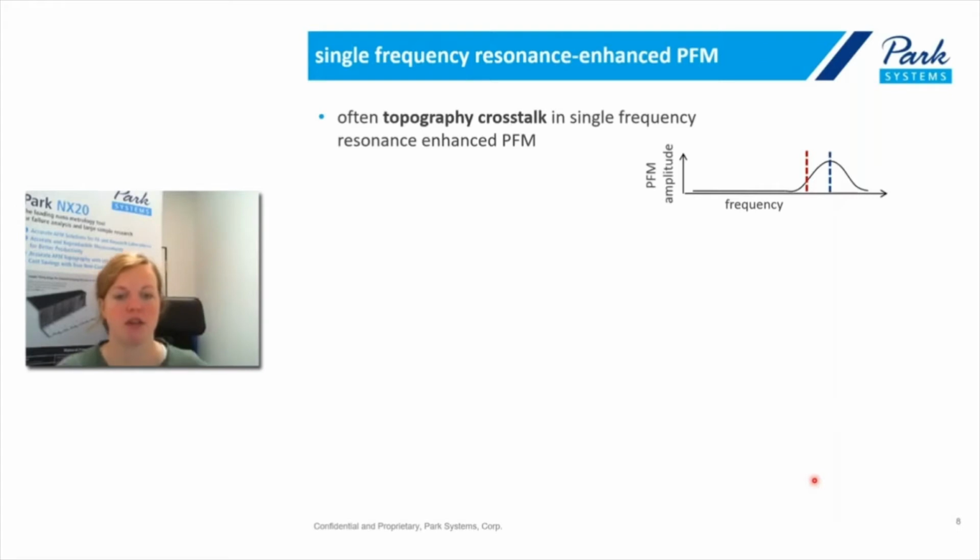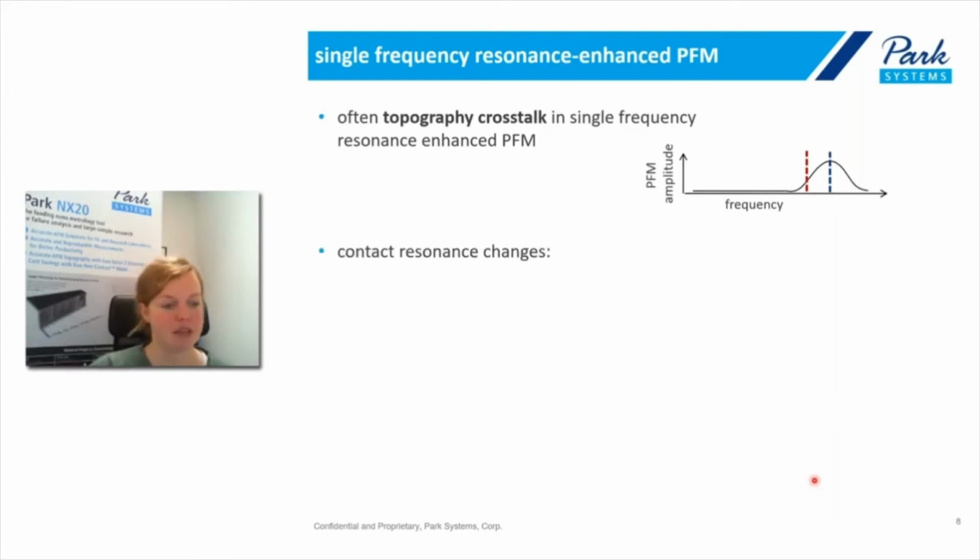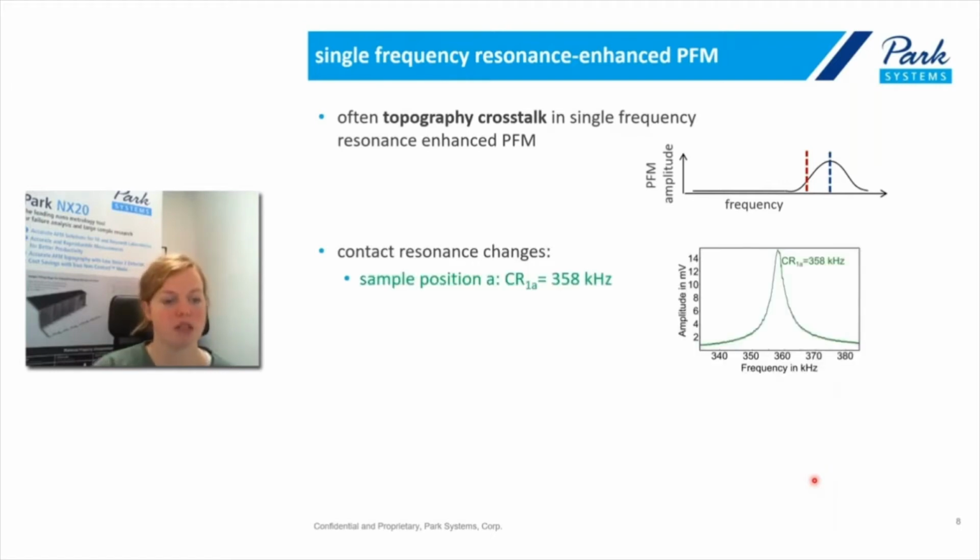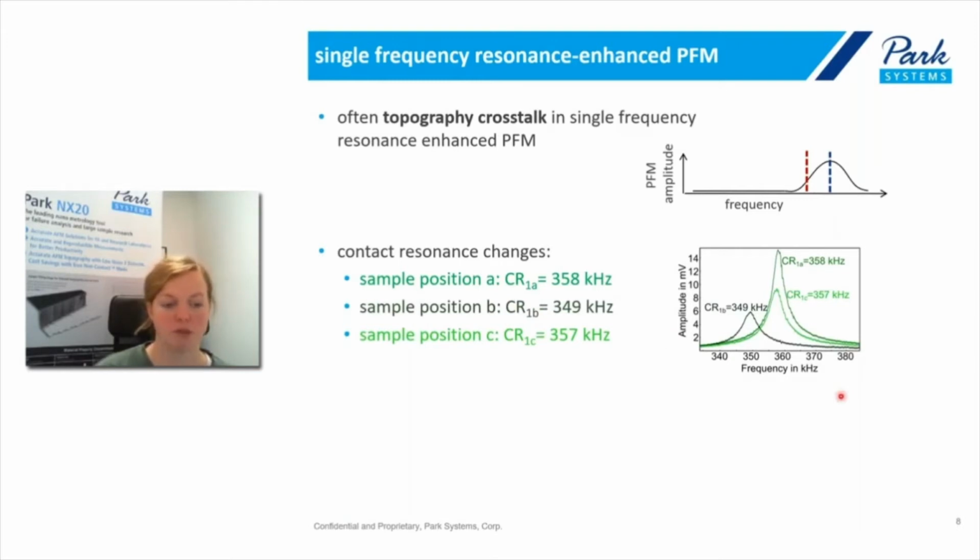So I wanted to show you how much the contact resonance is actually affected by the tip sample contact mechanics. I chose a sample, used the same cantilever, and measured the contact resonance at different positions of the sample. At position A, we get a contact resonance of 358 kilohertz. Then we move the cantilever onto a different position on the same sample, and we get a contact resonance of 349 kilohertz. Then we move to a third position, position C, and we get a contact resonance of 357 kilohertz. That means over the same sample with the same cantilever, we see a shift of the contact resonance of almost 10 kilohertz, which, if we had chosen a single frequency without frequency tracking, for example, at 355 kilohertz,